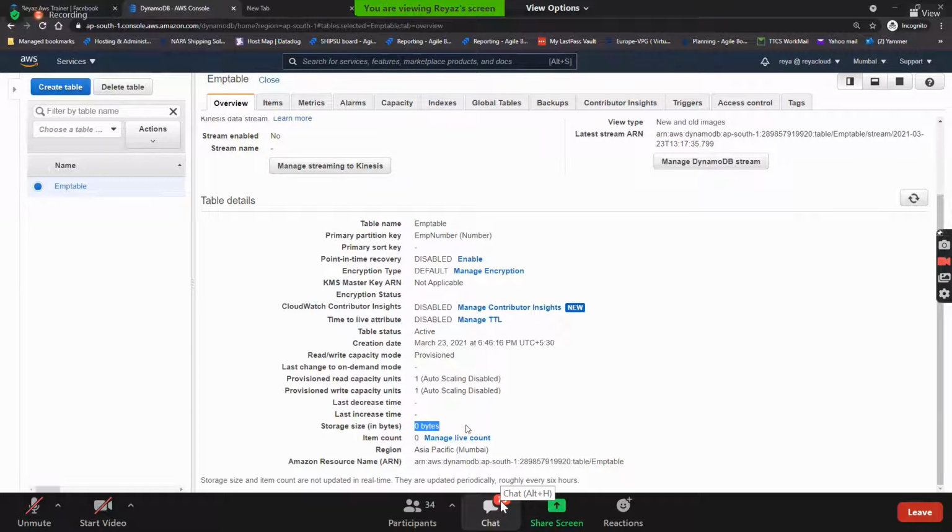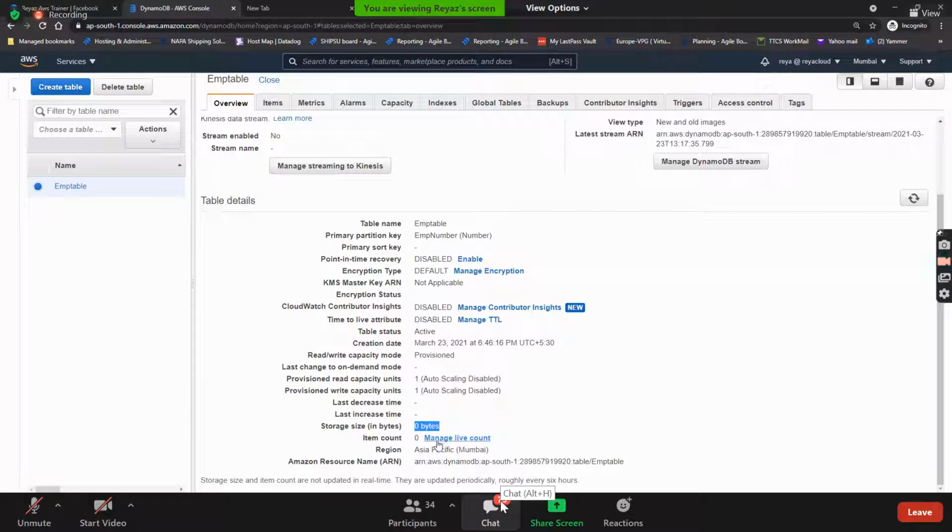Did we add any items here? No. In a real-time environment, here you will see how much size your table is. In our actual environment we have more than 20, 30, 40 terabytes. This will show you how big your DynamoDB table is.